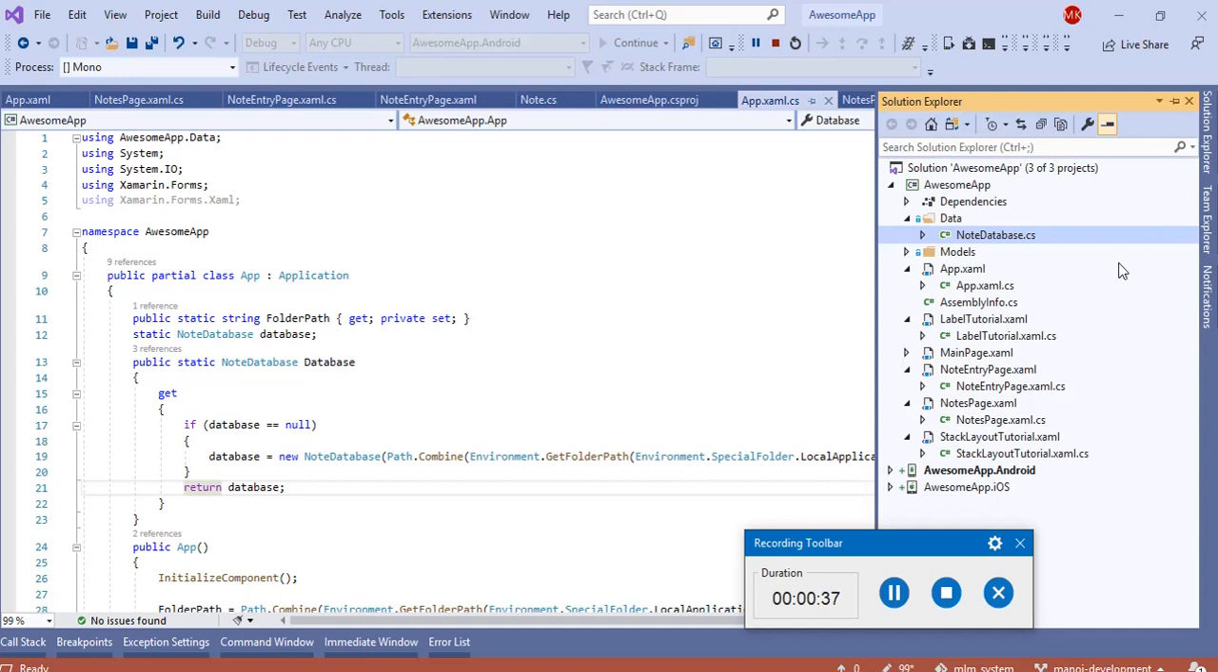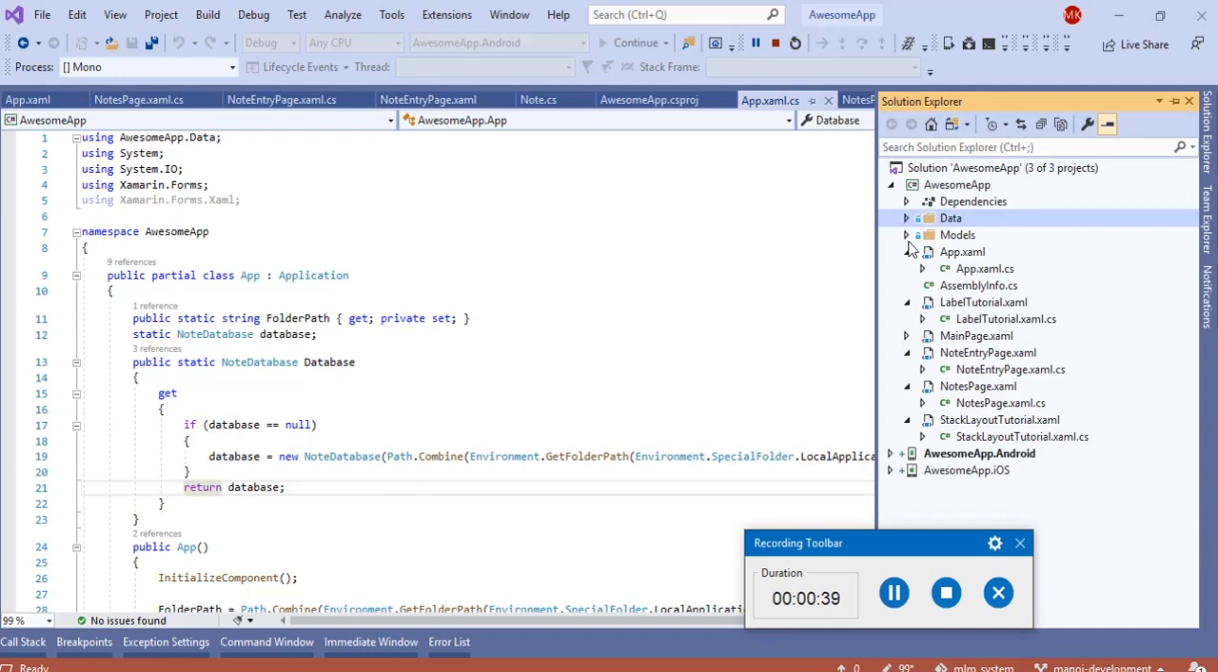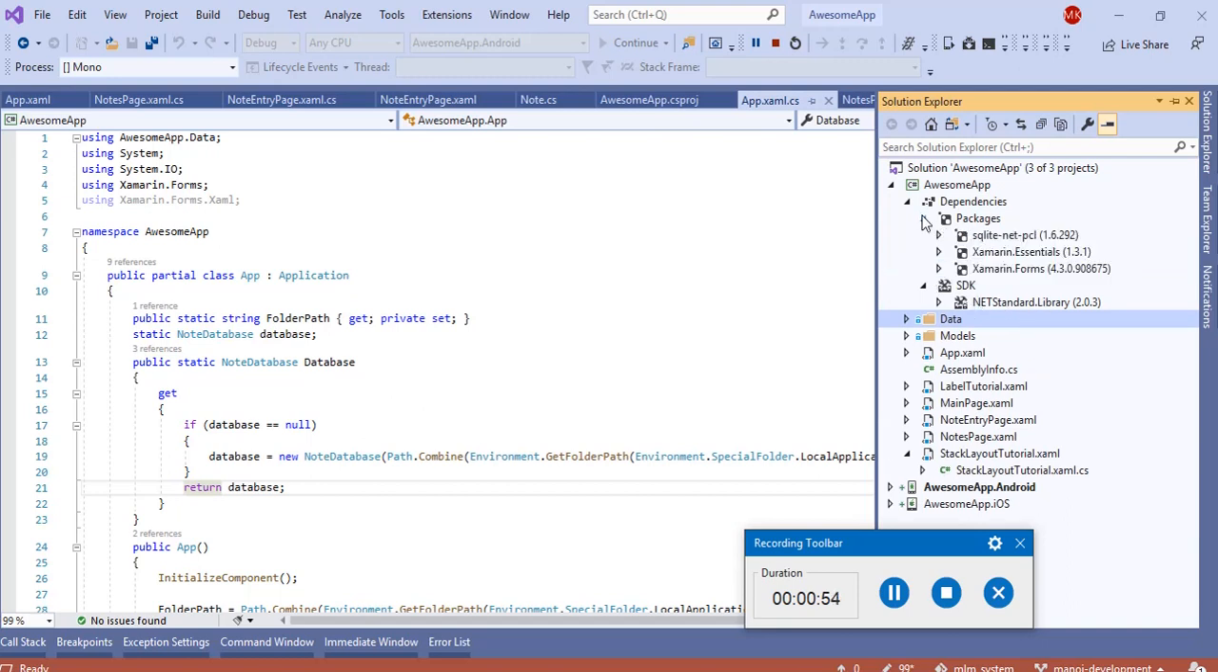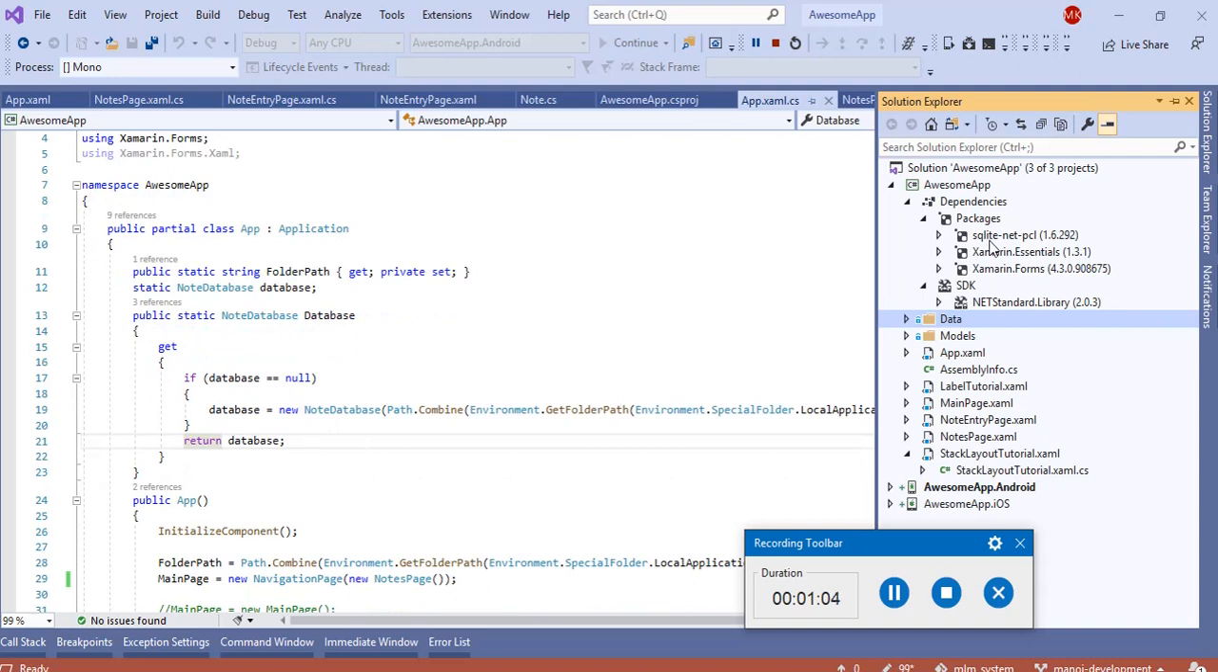Let me share the structure with you so that you can understand what is going on in this particular application. I have created a new application, and under dependencies you can see the packages. I am using the .NET Standard library here, and the SQLite-net-pcl library for storing the data in the SQLite database. These are the essential libraries and the Forms library you will see when you start